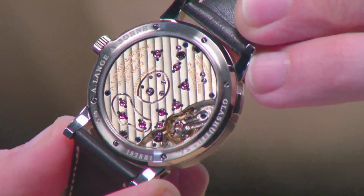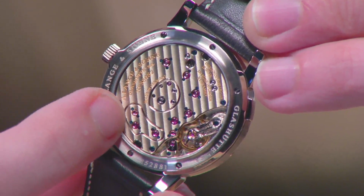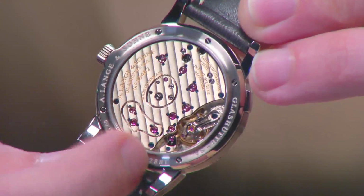Now you can see those lovely gradient stripes across the bridges. Brighter on one side, darker on the other. That's the sign of true abrasive wheel stripes. They're not Côte de Genève, we're in Saxony, remember. Now you can also see that there's a 3/4 style bridge in the fashion of old Saxon pocket